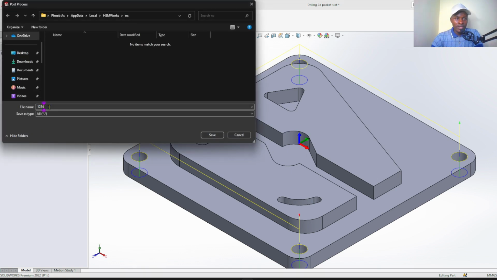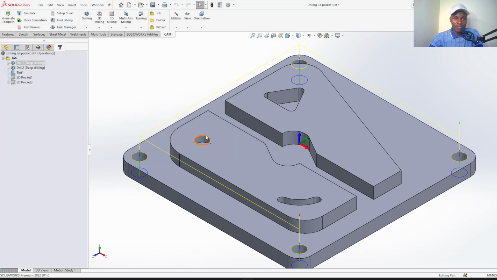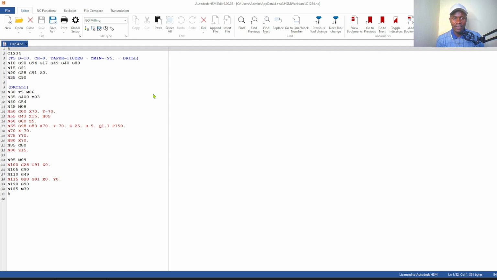While saving, you begin with letter O. O, 1, 2, 3, 4, and then save. Wait for the processor or editor to open.